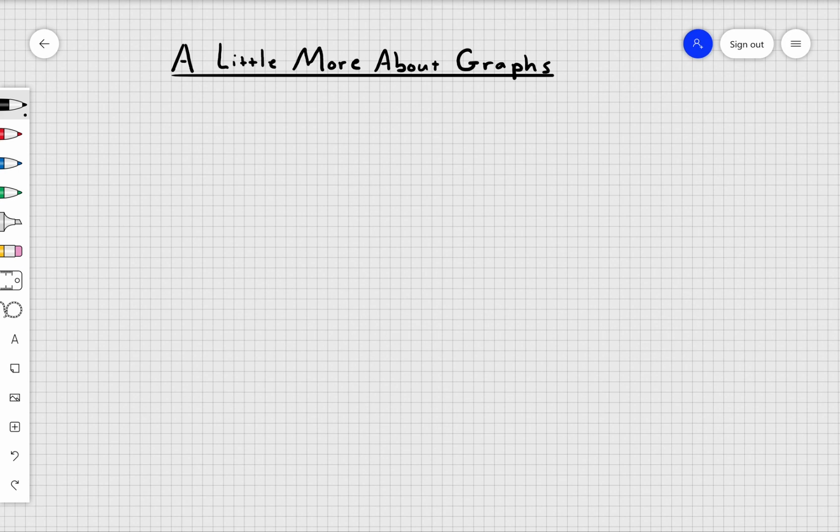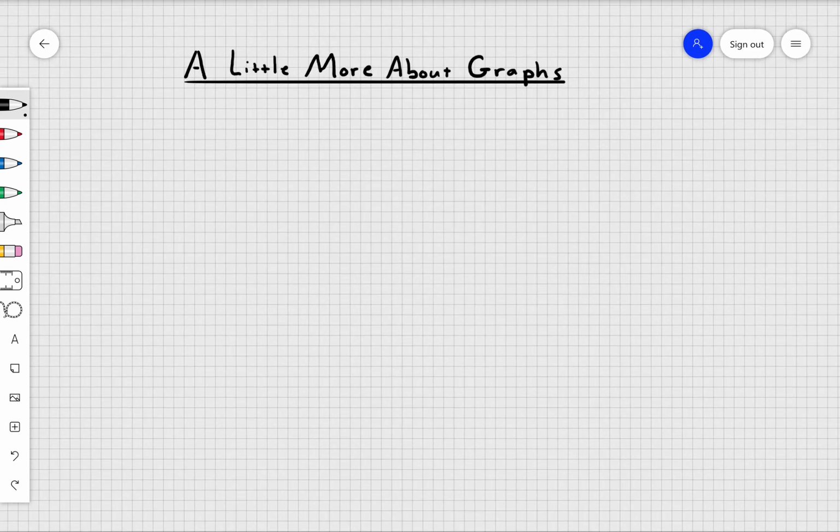All right, guys, let's talk just a little bit more about graphs. Earlier on, we were introduced to our displacement time, our dt, and our velocity time, our vt graphs. I introduced these when we were looking at the equations of motion. To talk briefly about those, what we do know is that for a displacement time graph, a dt graph, we know that the slope